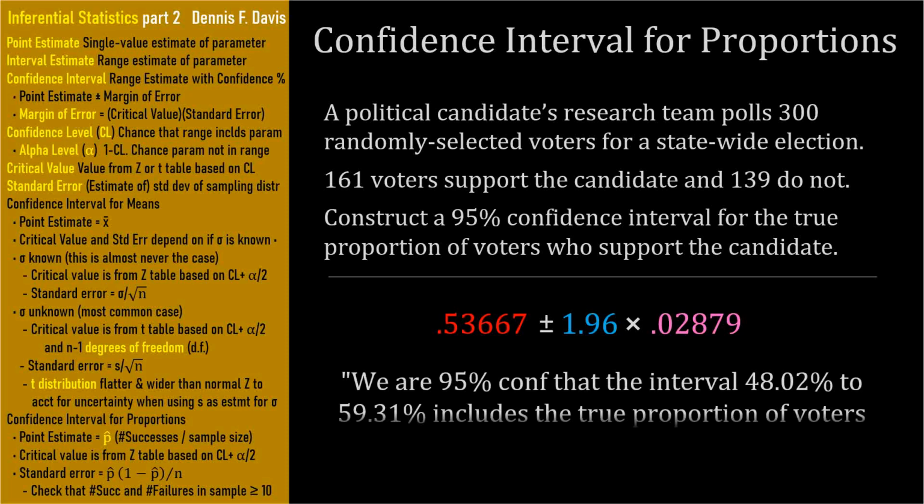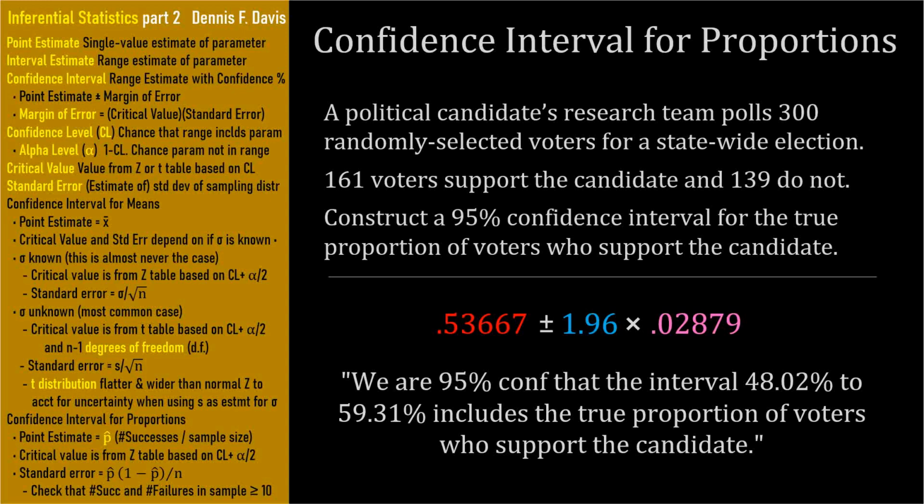We just need to compute the range and state the confidence interval. We are 95% confident that the interval 48.02% to 59.31% includes the true proportion of voters who support the candidate. Since the range includes proportions below 50%, the candidate cannot be confident that he has a lead, even though p hat was